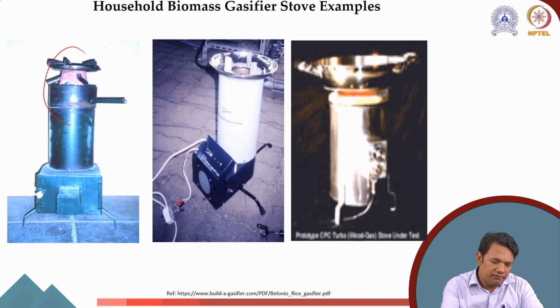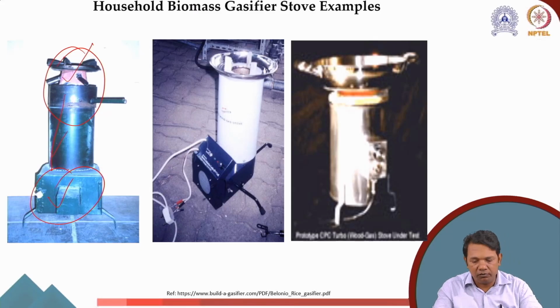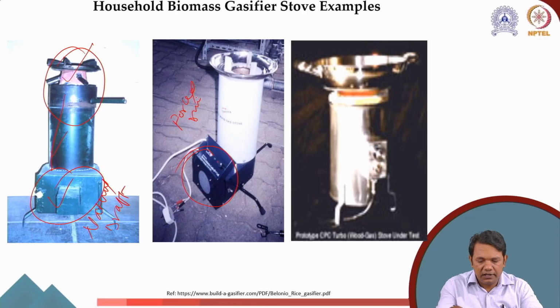This is one. Again, you see the gas burner, the gasification, and the char chamber with the ash pit door. Okay, but this appears to be a natural draft gasifier. While here you can see the fan, so this becomes a forced draft gasifier. Now, similarly, this is the third kind of gasifier which is there.